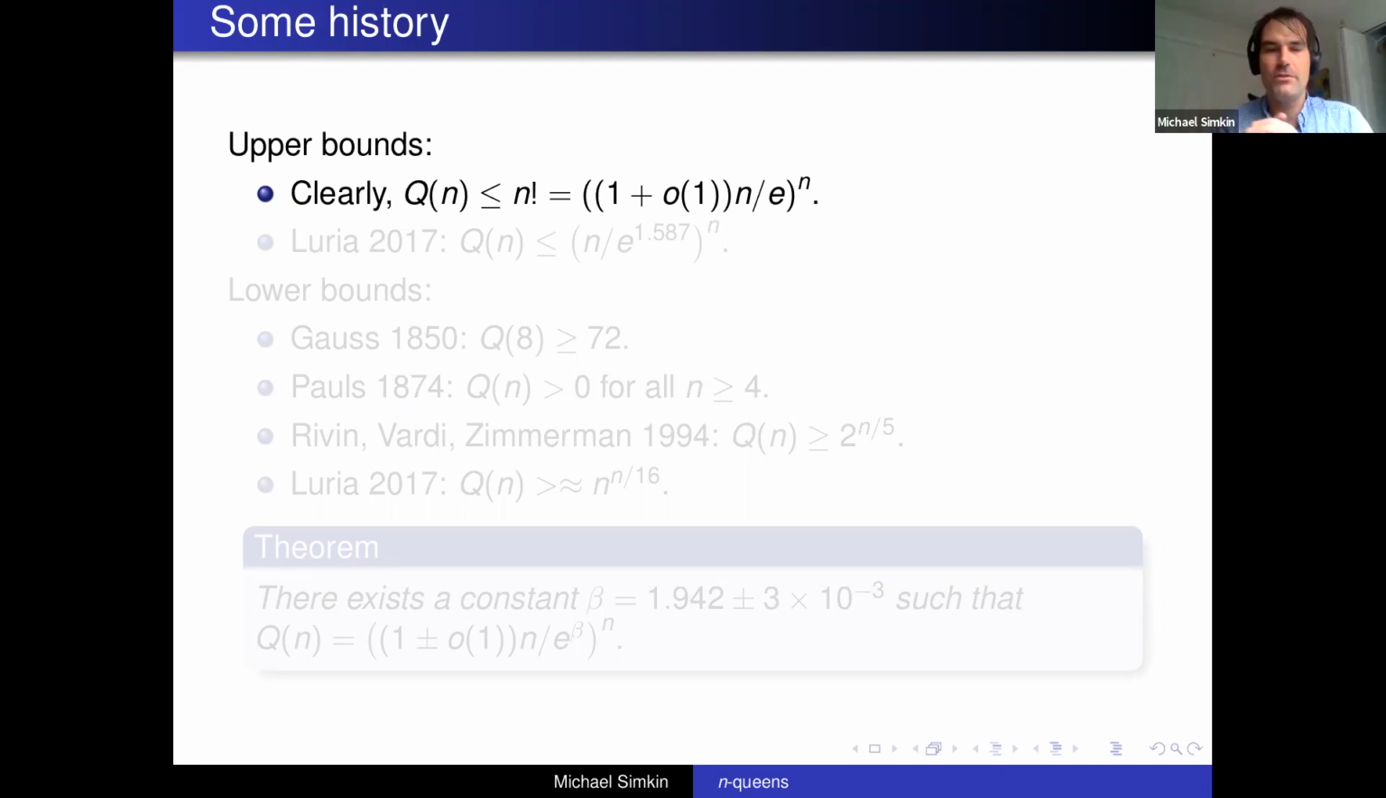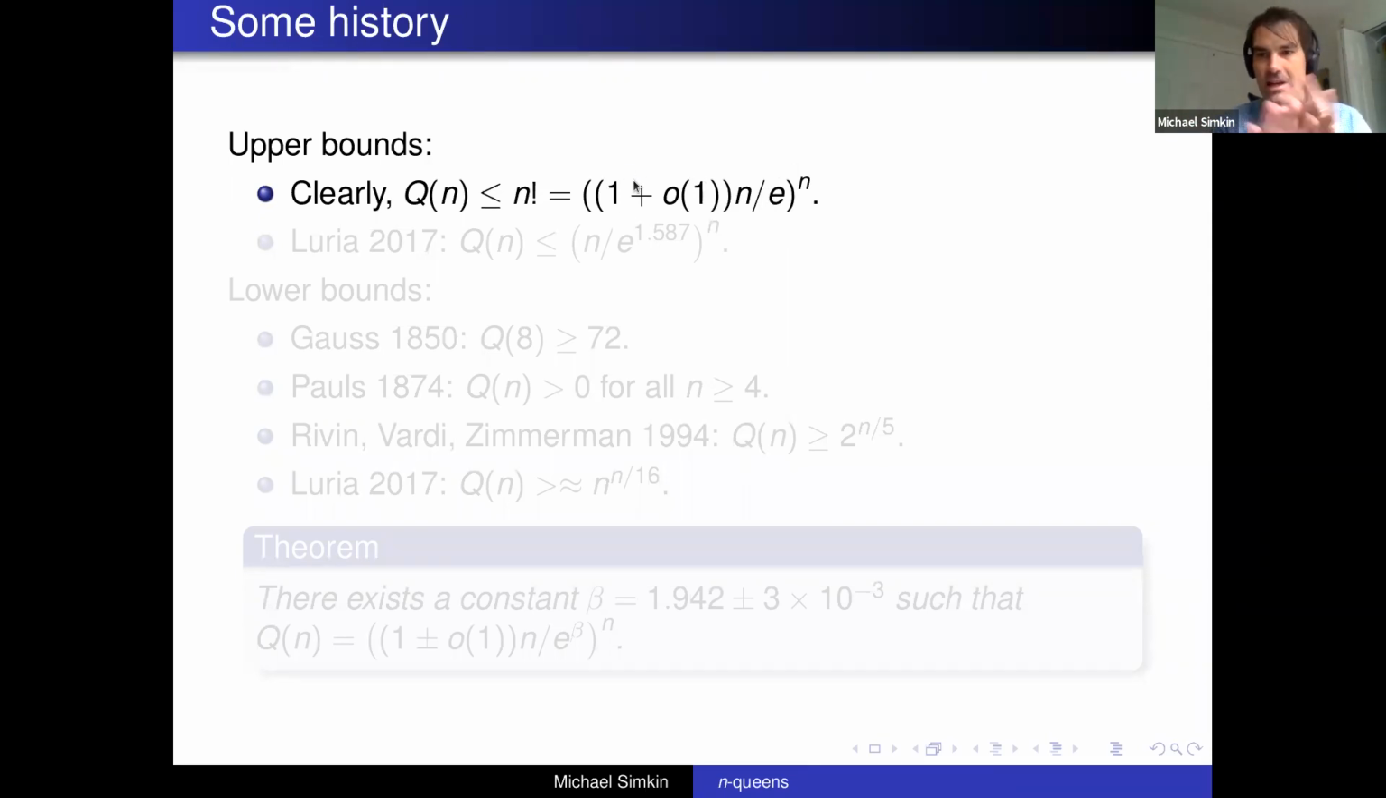Every n-queens configuration is in particular a permutation matrix, because you have 1 queen in each row and in each column, and the number of permutations is n factorial. So Q of n is definitely less than n factorial. This is a very easy bound. And I'm writing n factorial as n divided by e to the power of n times some error term, which you can safely ignore, because this is the form that most of the other bounds in today's talk will take. I haven't said the main result yet, but in general, improving these error terms